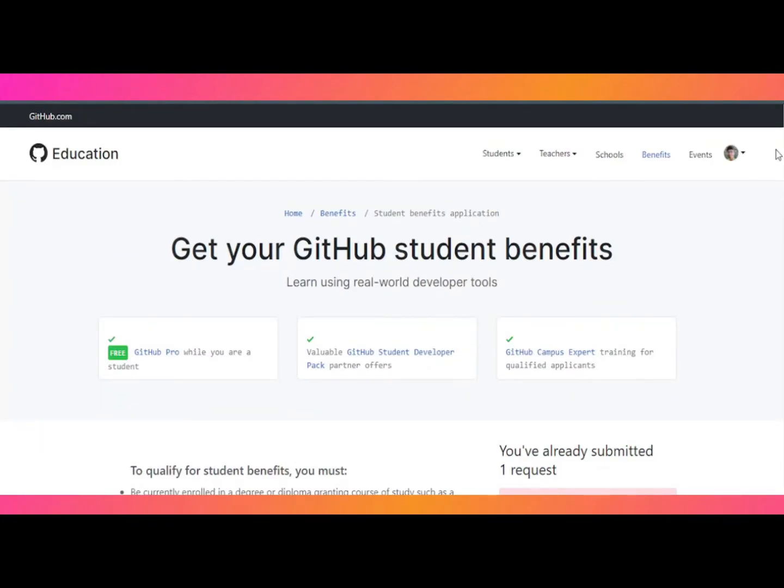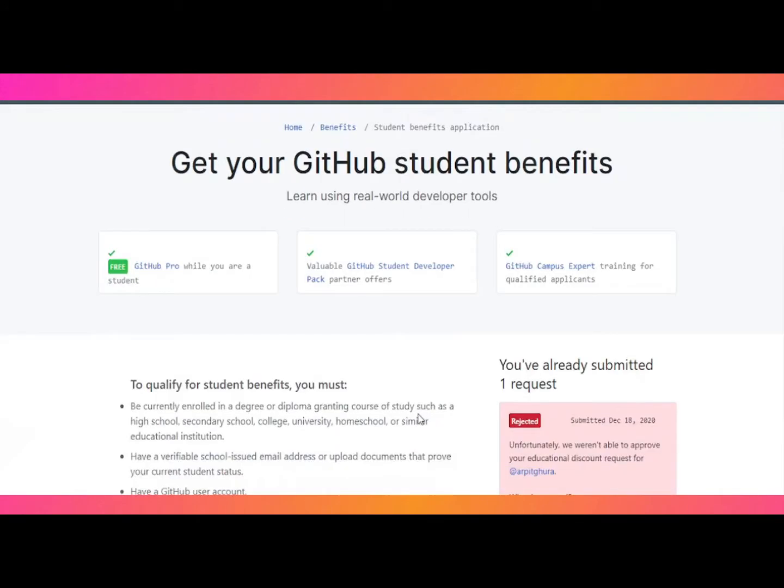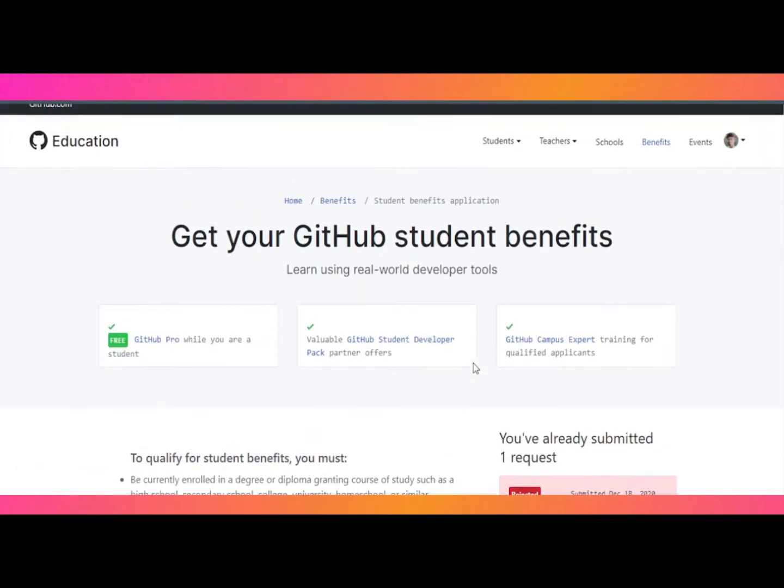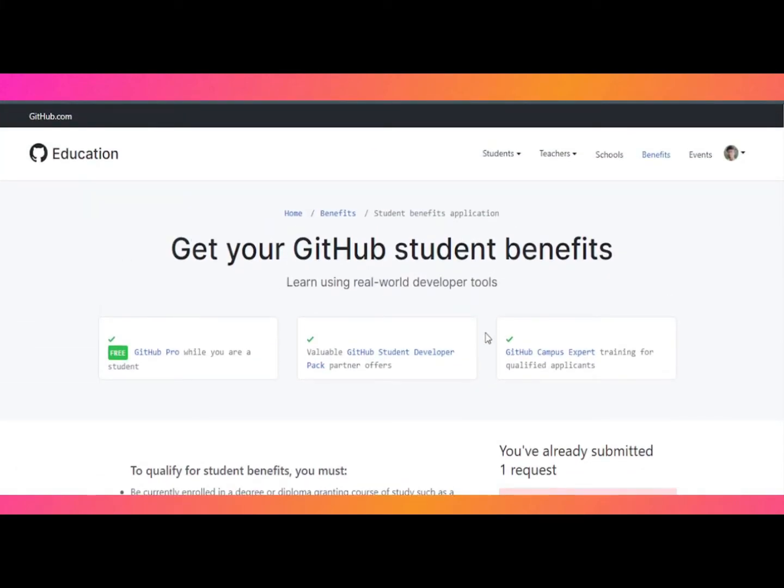This is my GitHub account. I have applied before, but I got rejected because I had not submitted the correct ID. Now I have got my student ID card, so I am going to apply for my GitHub student pack.